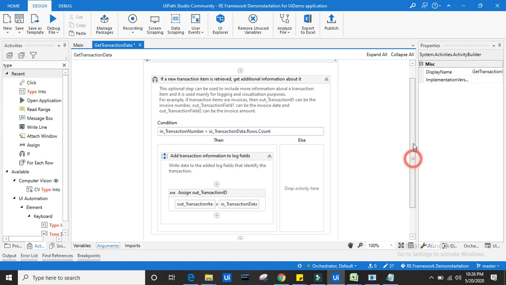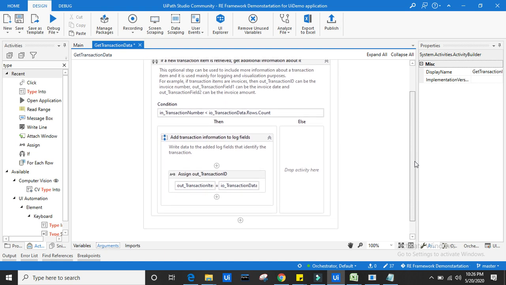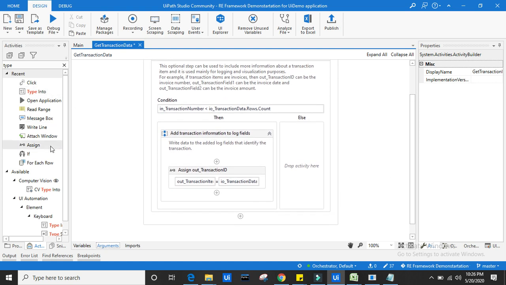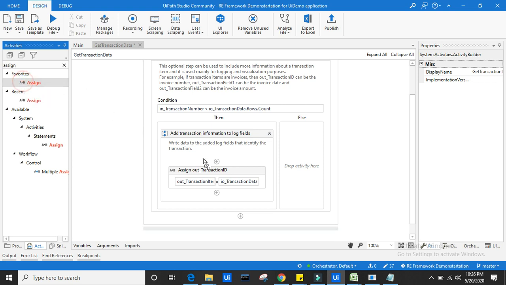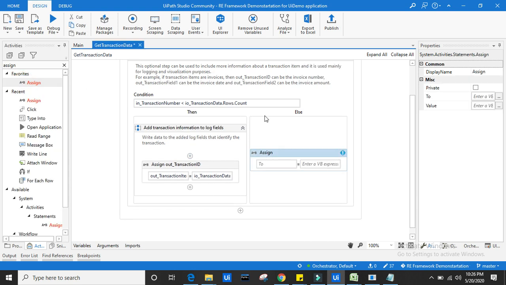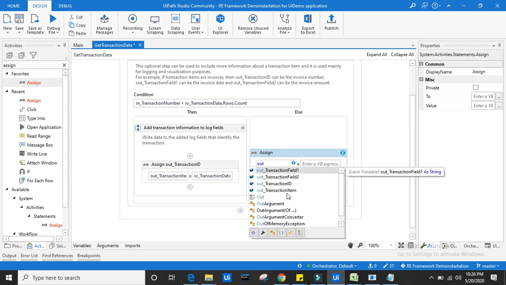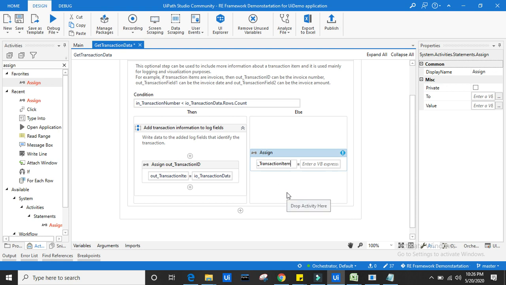Then in the else part we should write, let's assign: if this condition fails, then we should set out_TransactionItem to Nothing.